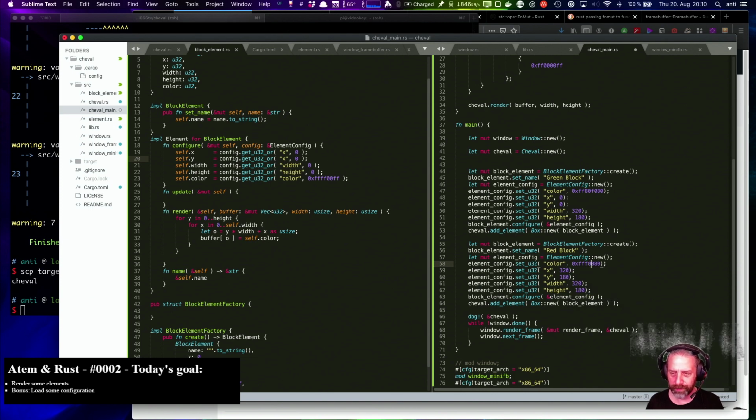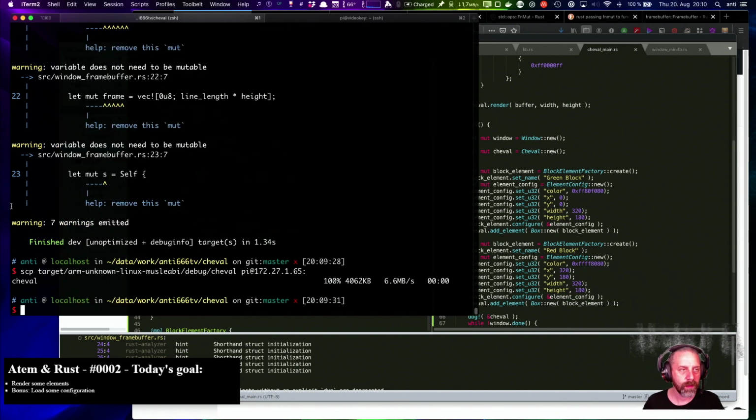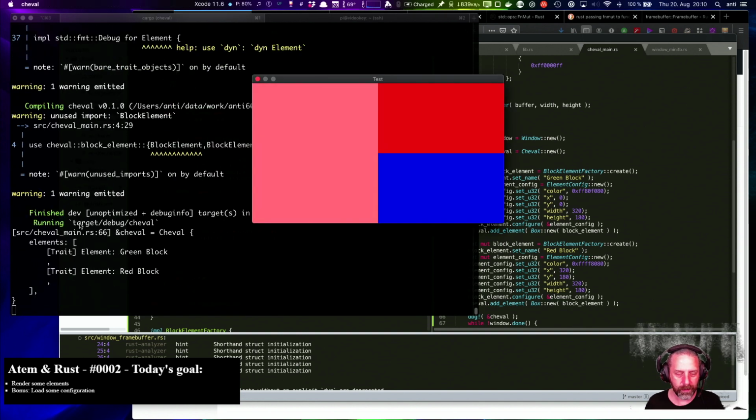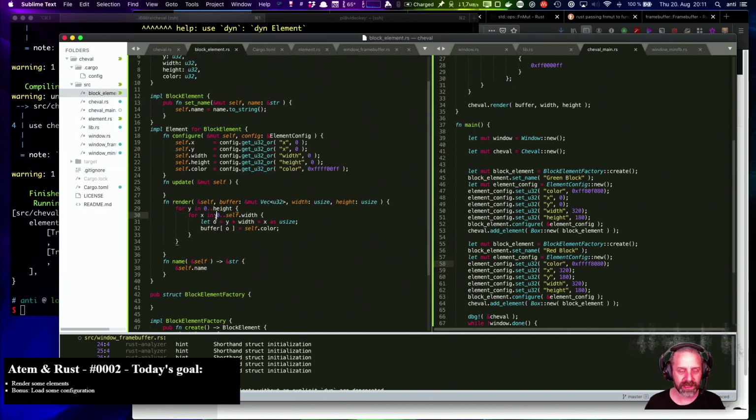Probably it's gonna turn out pinkish, but something does not look right here. Yeah. So obviously it's ignoring the offset, because in the block renderer, I mean this is just sampled, so basically